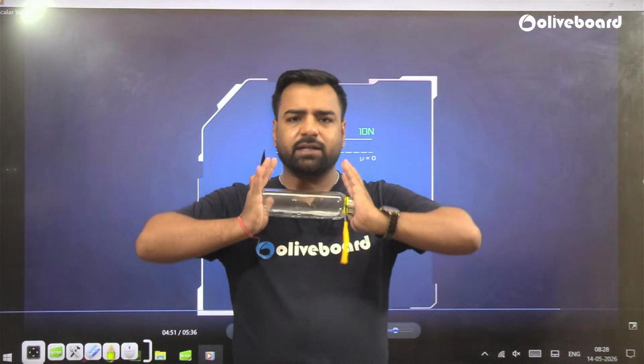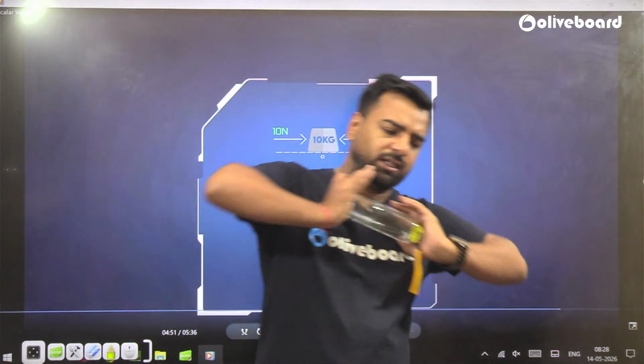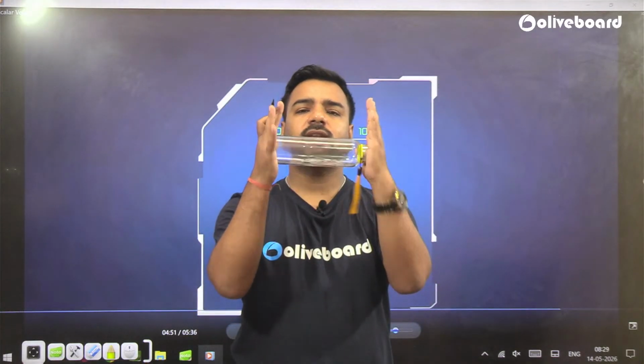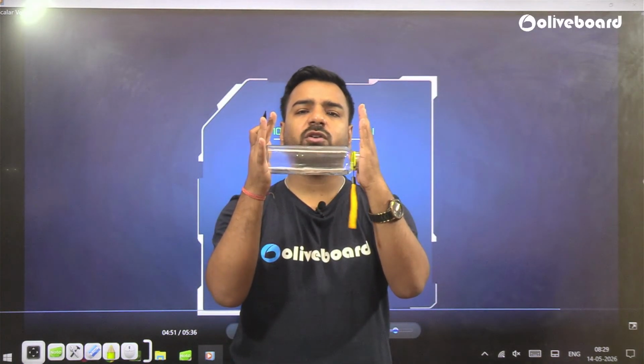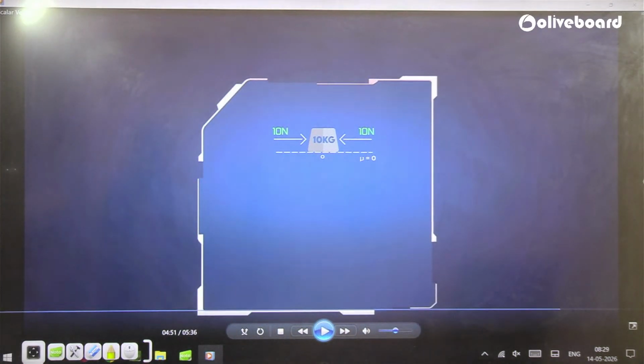But if I'm applying 10 Newton force from both the directions, neither will the bottle go in the left direction nor in the right direction, which means the net force on this particular water bottle is 0. 10 plus 10 is 20. How can you say that it is 0? It will be 0 because